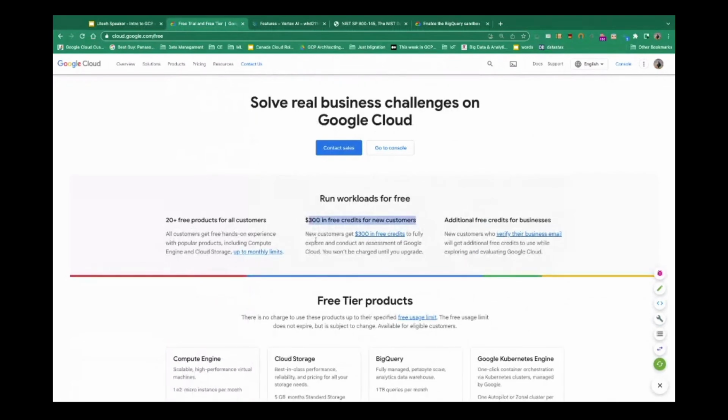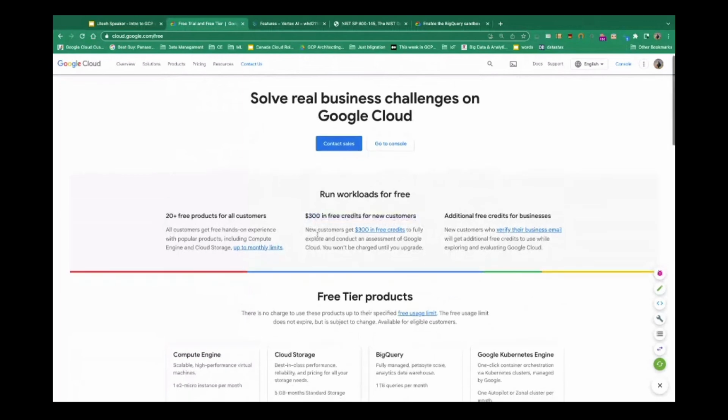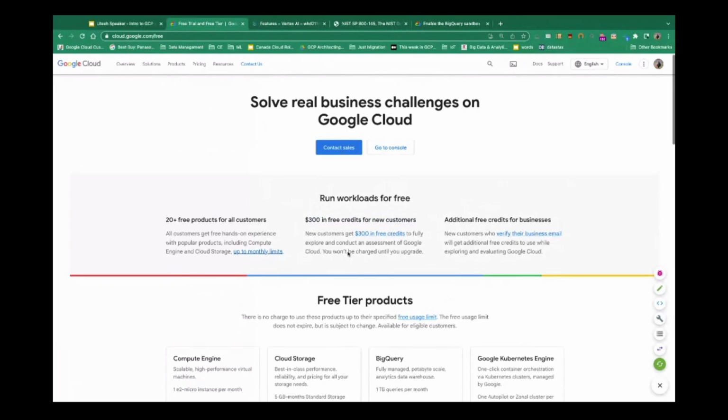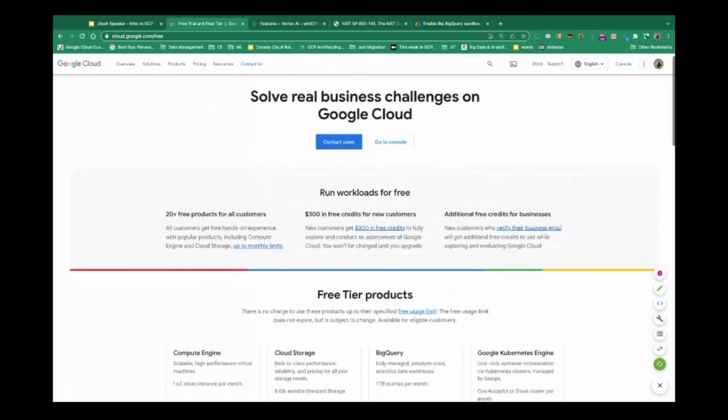So just to let you know, what you do here is part of the process. You give your credit card, right, and you get $300 in credits. If you use up all of those credits, then it starts charging your credit card. So you have to be really, really careful, right? But it's a really good way to just start exploring Google Cloud, right, and use some of the services that